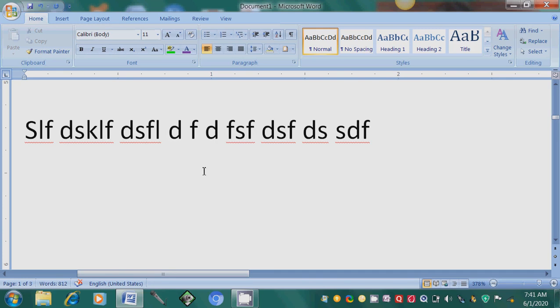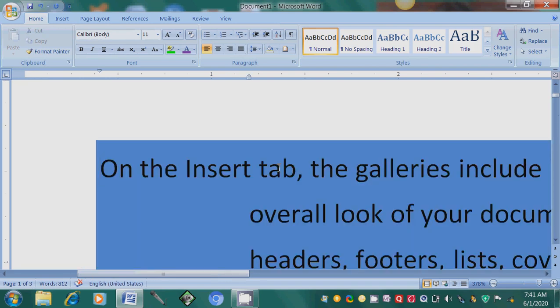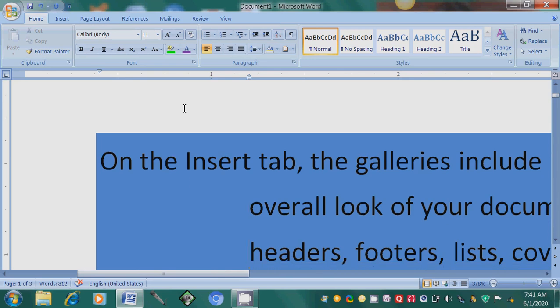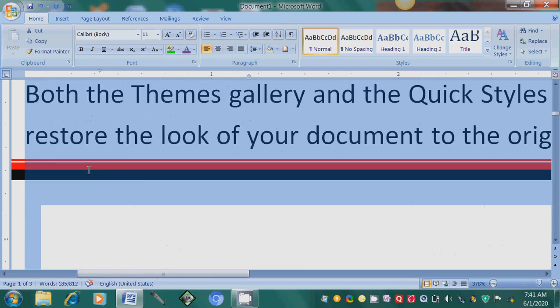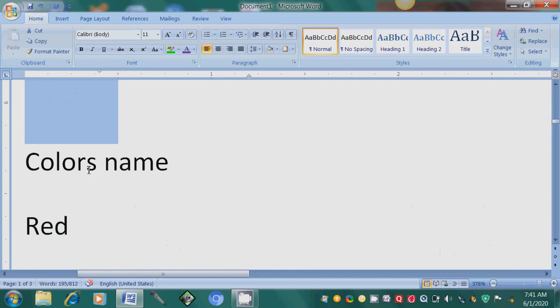Now you just see sorting. What is this sorting? Sorting means arranging the text according to ascending or descending order, as per our requirement.